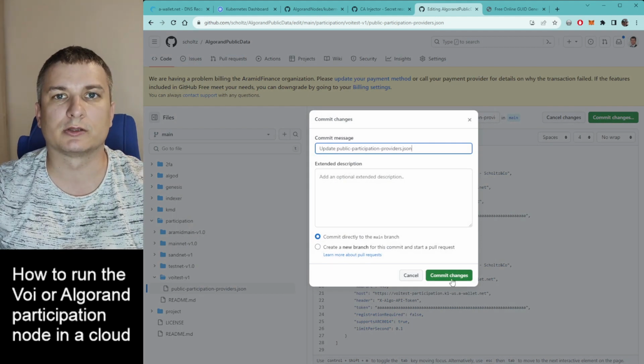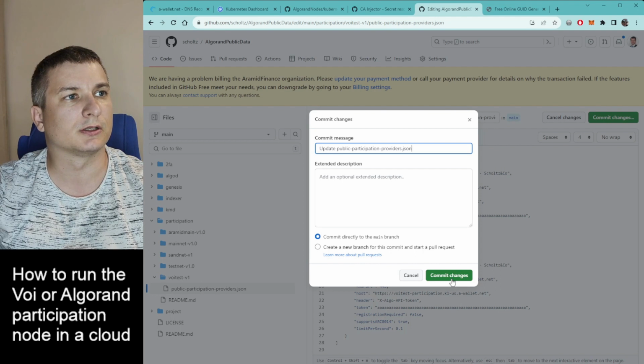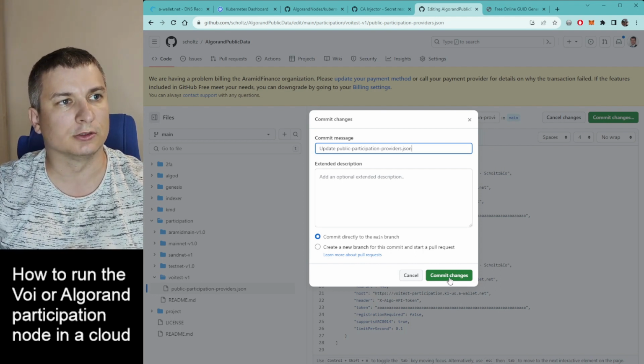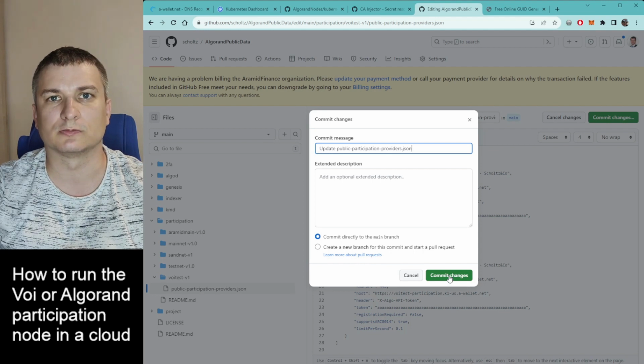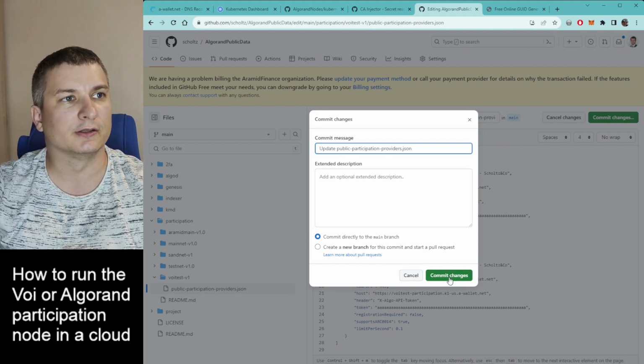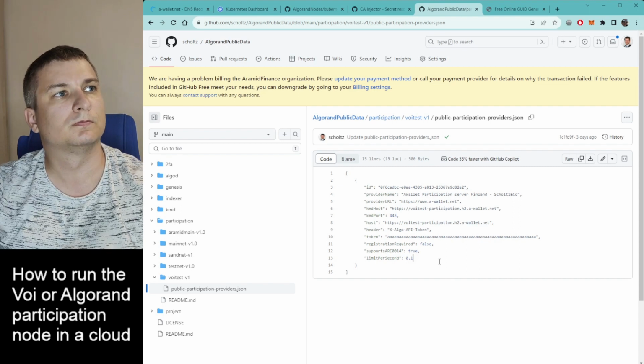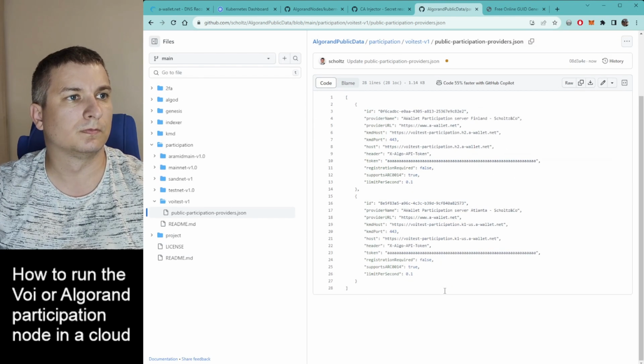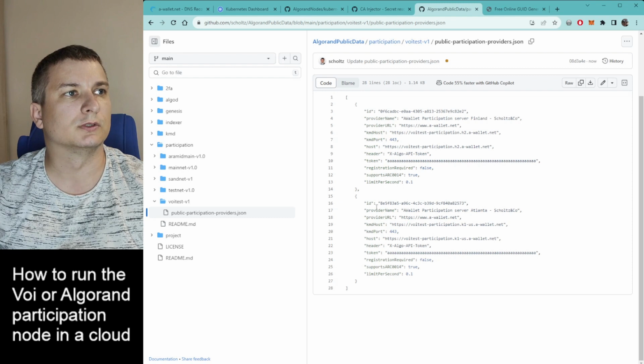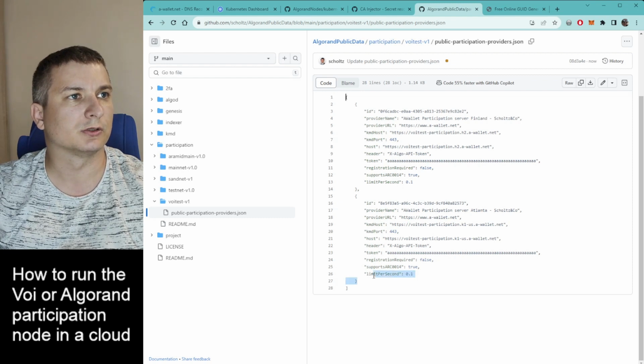I expect you will create a pull request, and I will check the JSON validity and then commit this JSON to the GitHub. So the second participation node was added,